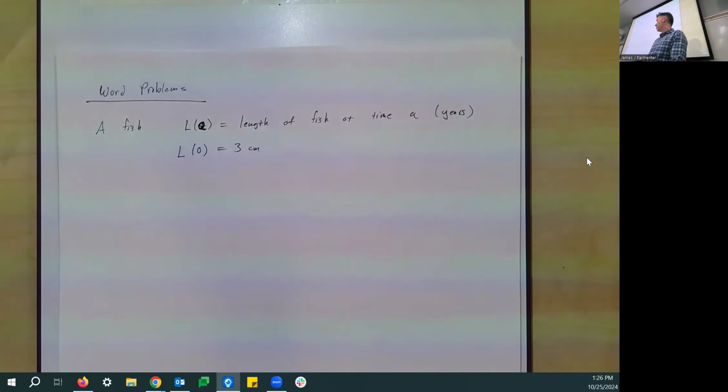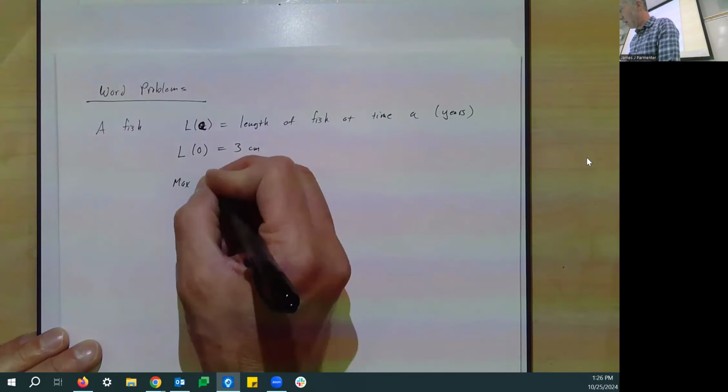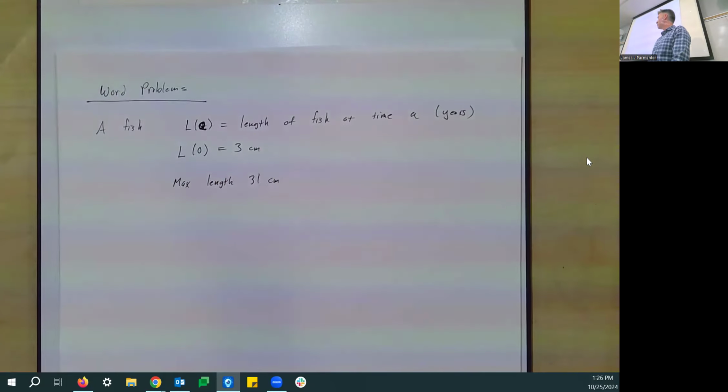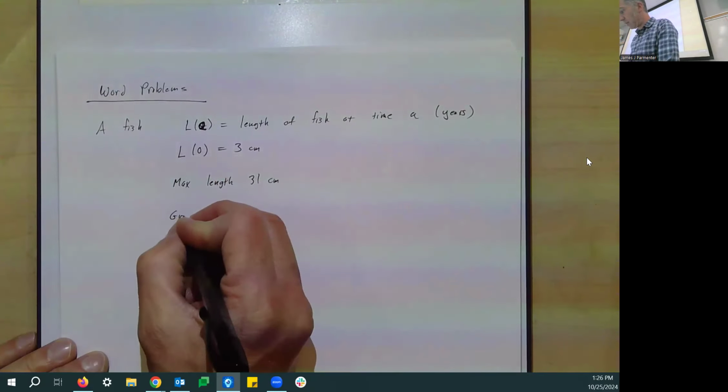And then we're also told the fish has a maximum length of 31 centimeters. Okay, we'll talk more about that in a minute. So the max length is 31 centimeters. And then they tell us that the growth rate is 28 e to the negative a centimeters per year. So what that means for us